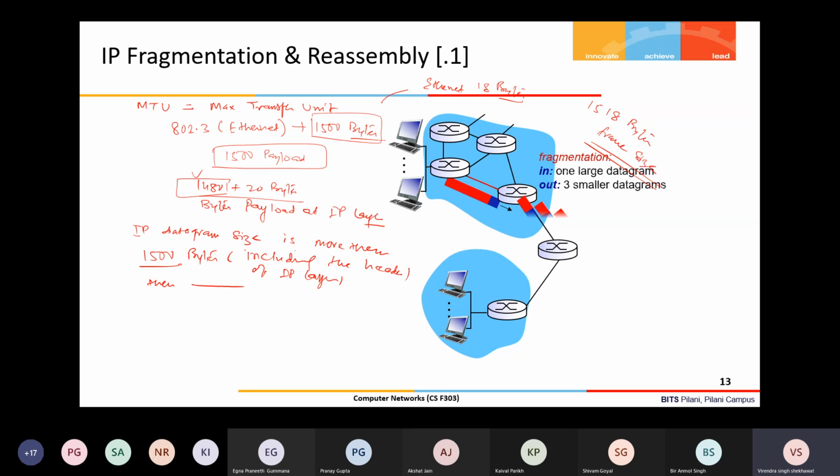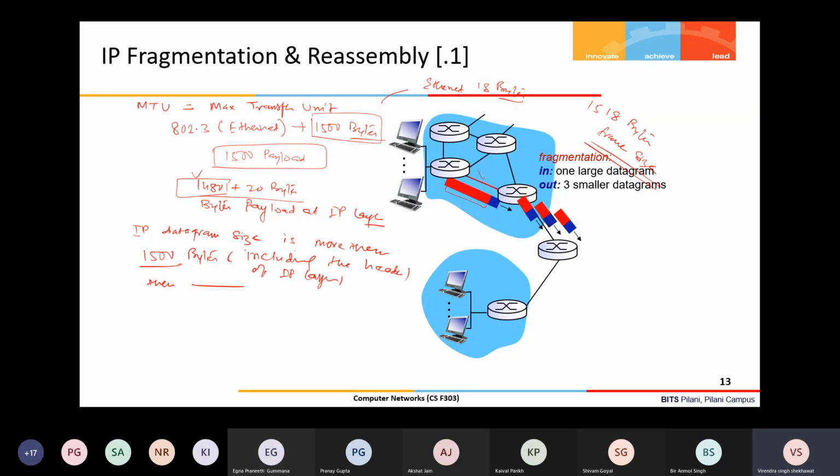So now, according to this logic, what will happen? It may be possible on this link because it allows the larger datagram size, but the next immediate link does not allow it. Its MTU is less than what the MTU was on this link. So then it needs to be fragmented. Your single IP datagram needs to be fragmented, right? In the IPv4 protocol, this fragmentation is done by the router at the IP layer itself. It looks like another activity for the router. They are primarily responsible for routing and forwarding, but this is an additional task.